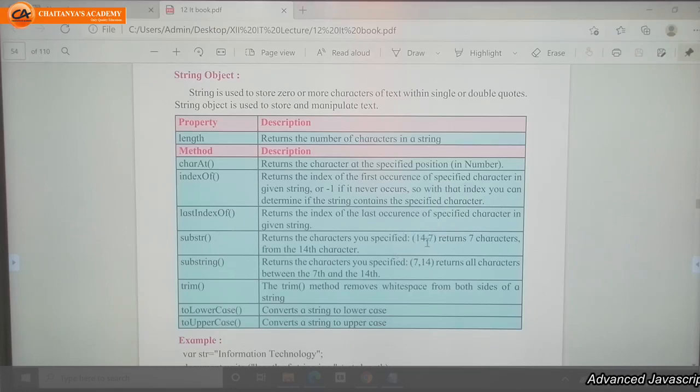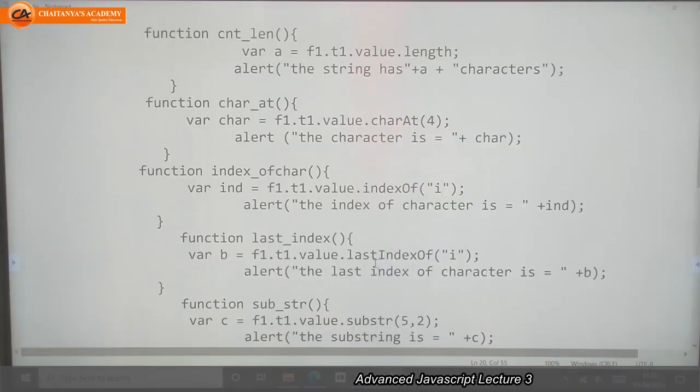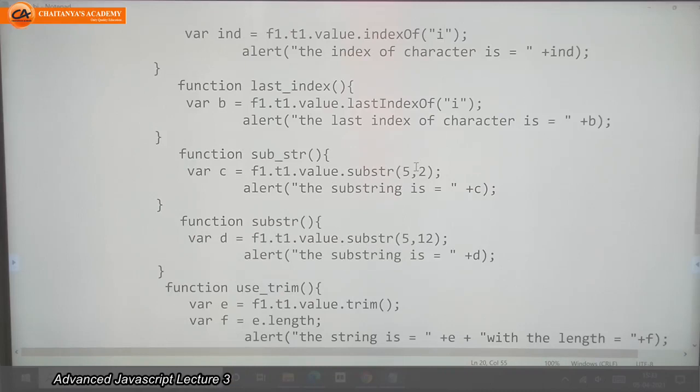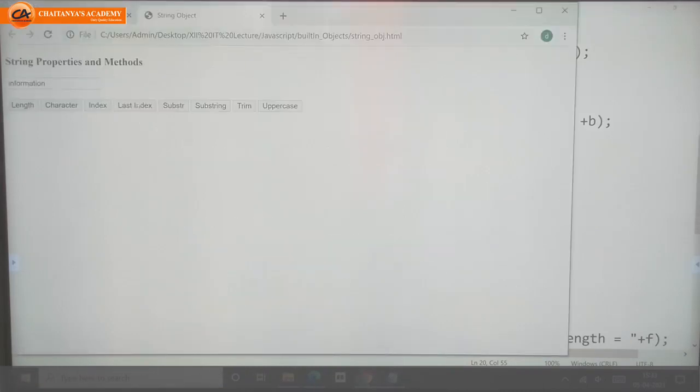The first parameter indicates the starting point of the substring, and the second parameter indicates how many characters you want from that substring. So substr in brackets, 14 comma 7, we will check with an example. Substr in brackets, here I gave 5 comma 2, we will check the output.